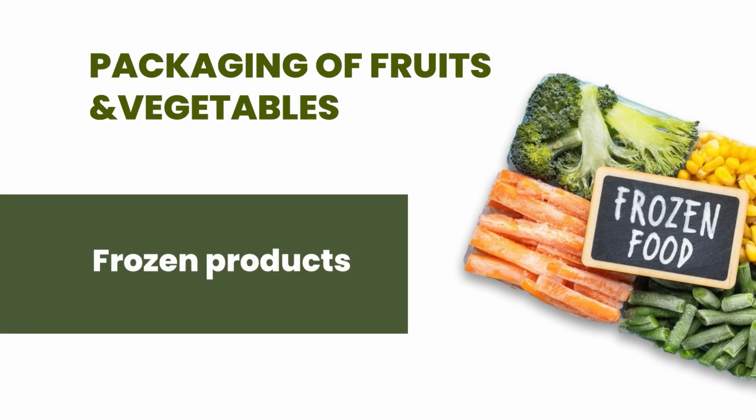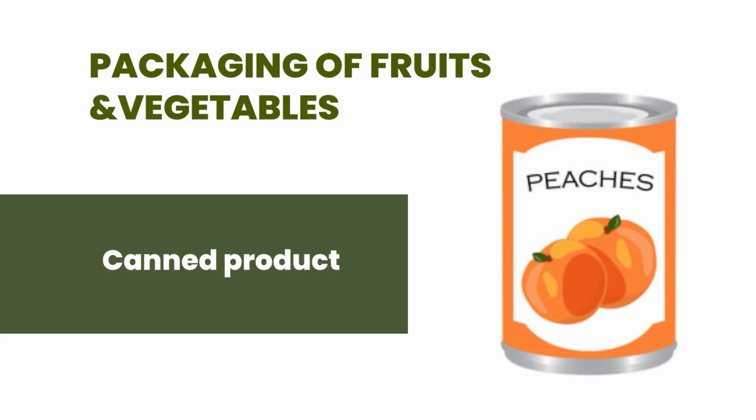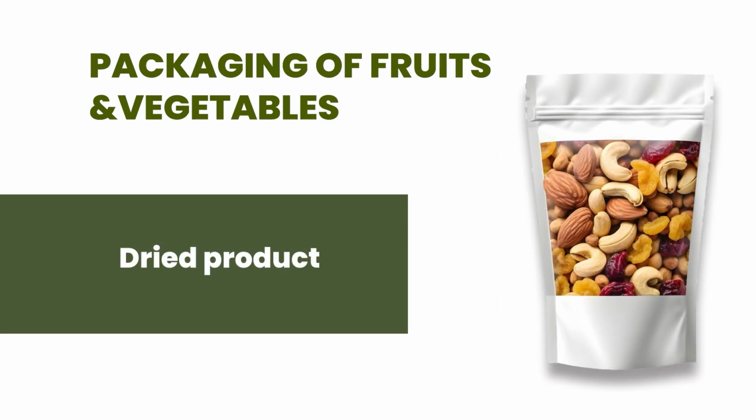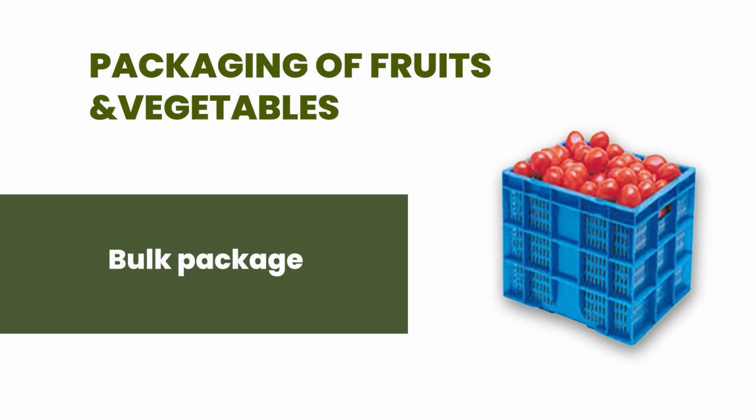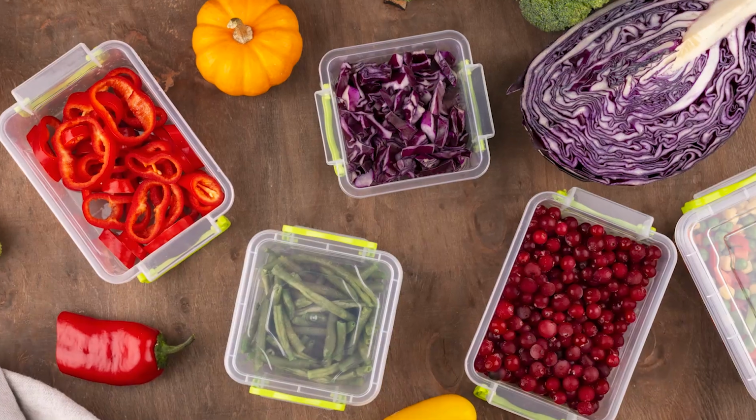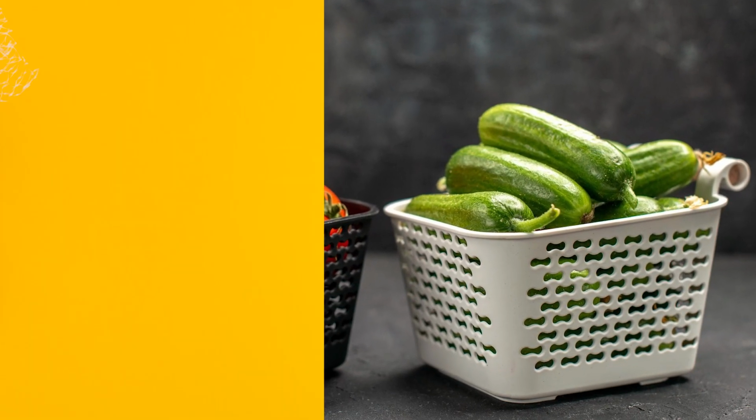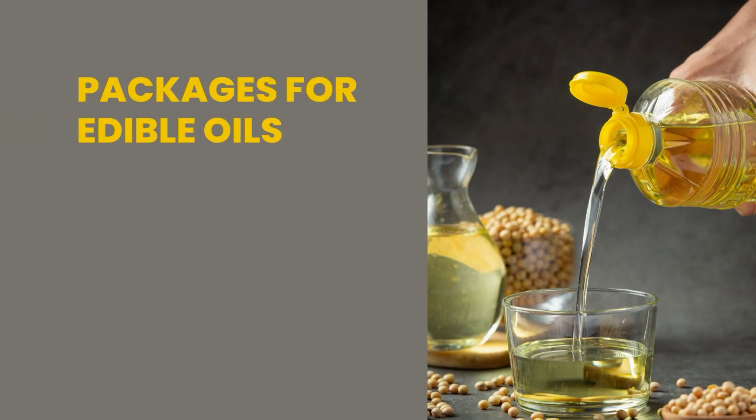The frozen fresh fruits and vegetables can be packaged in plastic films, waxed carton boards, and for the canned products we can use metal can, glass jar, retort pouch. Dried products need to be protected from the moisture, so we can use plastic films with good moisture barrier and plastic with aluminum foil laminates. For bulk packaging of fruits and vegetables, we can use the CFB box, paperboard carton, plastic crates, wire baskets, mesh sack, etc.